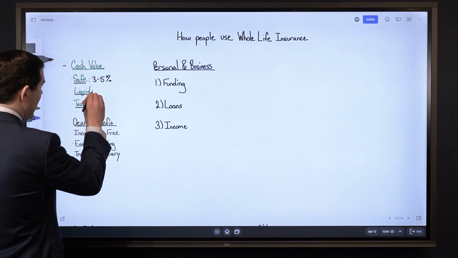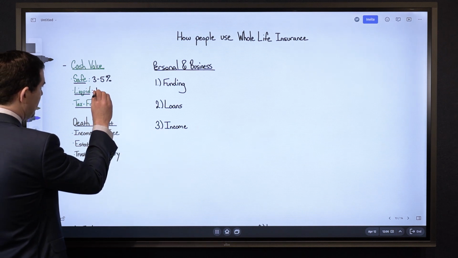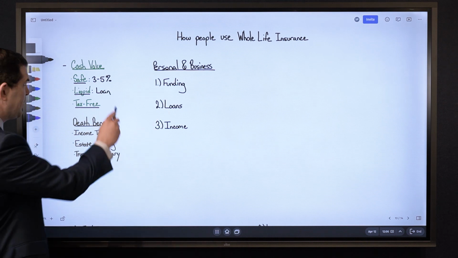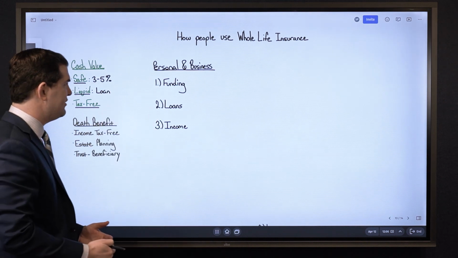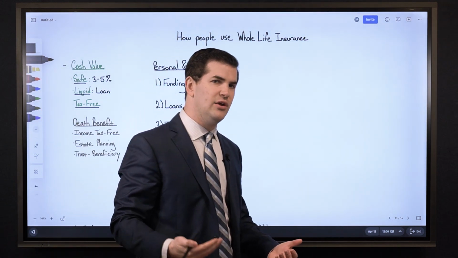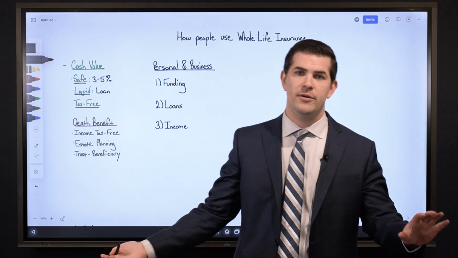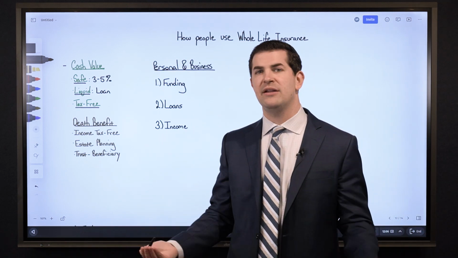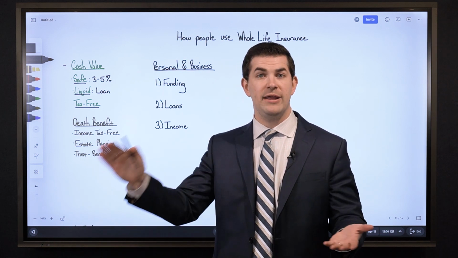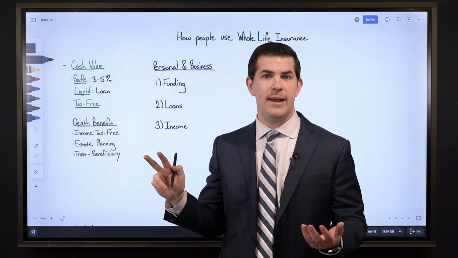Liquid, I can access my cash value anytime, and there's a unique loan feature to a policy, which we're going to hit on a little bit when we go through how people use policy loans. To summarize, when I look at the liquidity and the loan feature of a life insurance policy, what's attractive about it is A, I can get the money very, very quickly. On average, when I request a policy loan, it's anywhere from 2 to 5 business days before the money hits my account. But then second, my money continues to compound.